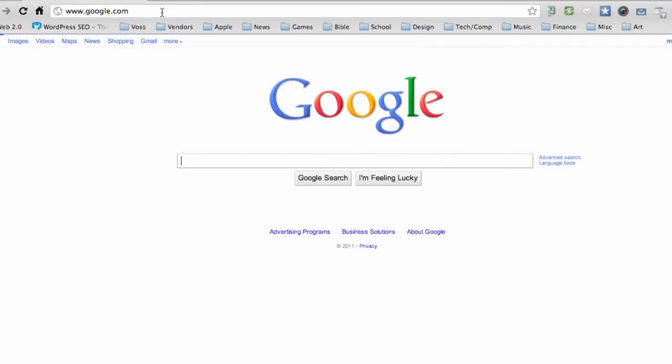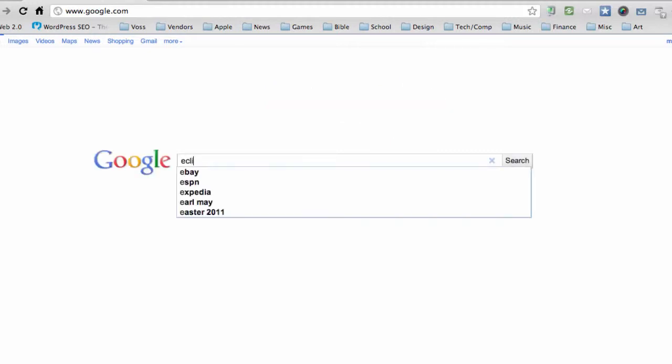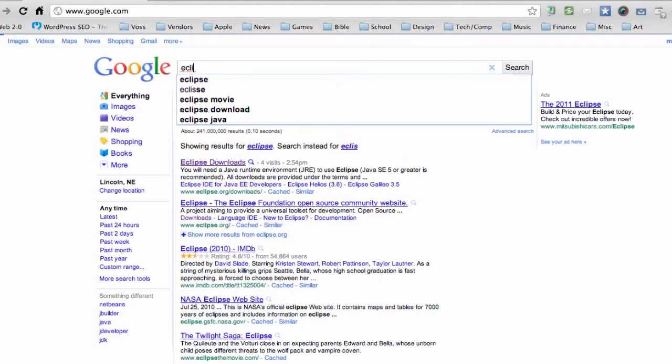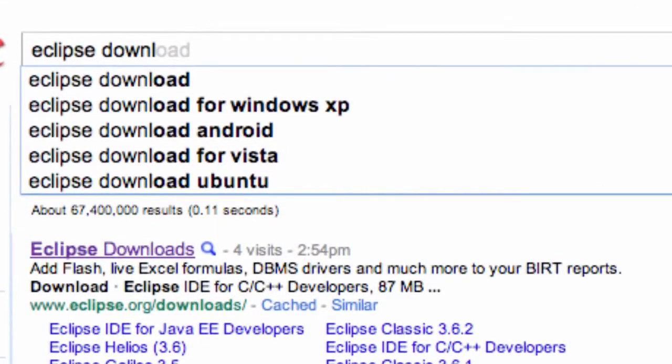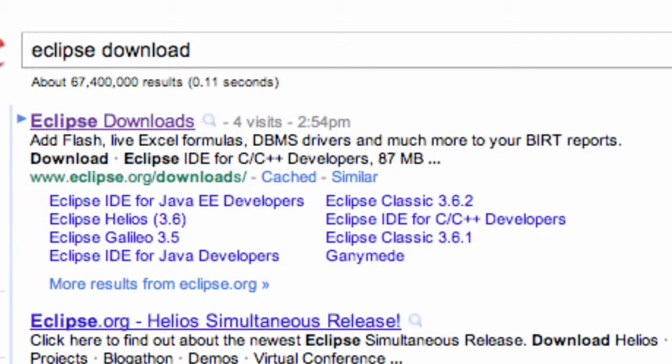What's up guys, welcome to your second Android tutorial. And what we're going to do in this tutorial is, again, some boring stuff like installing software. And the software we're going to install is Eclipse. So go into Google, type in Eclipse or download Eclipse. I'm going to say Eclipse download. And it should be the first link from